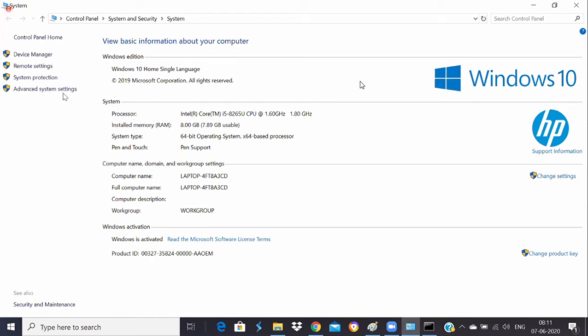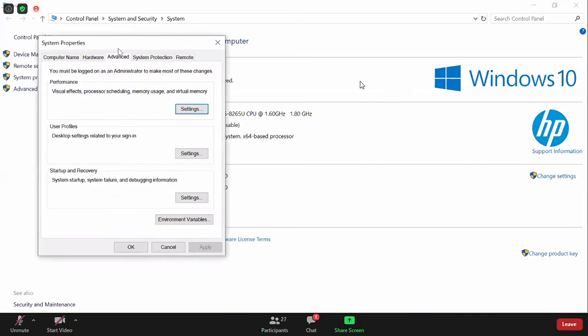Once you go here, you see there is an option called advanced system setting. Please note it down or take a screenshot, Venkat, so that it will help you. Click on that advanced system setting. It will give you a pop-up again, and you can see here environment variable. Right, that is what you're asking. This is how we set the environment variable.